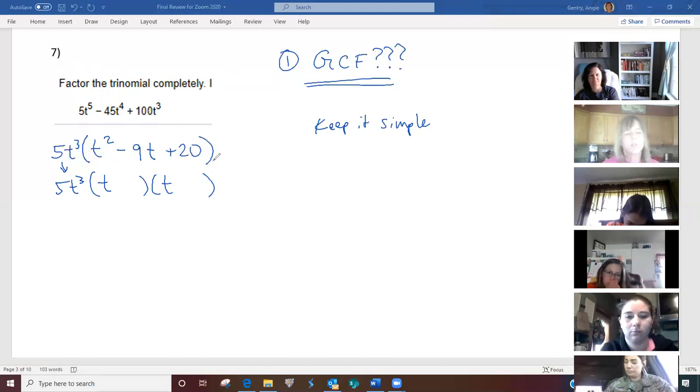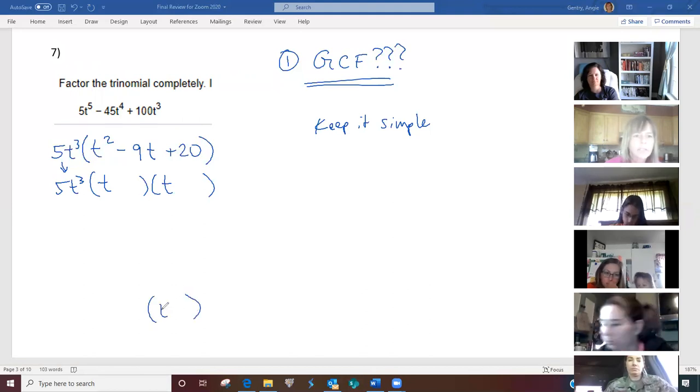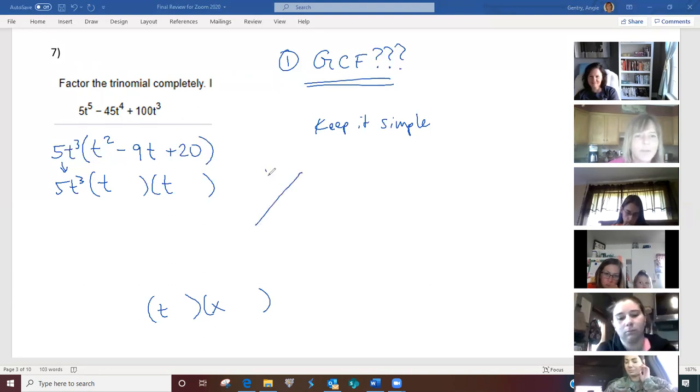And then on the test, you may want to double check your stuff. Also ask me to look over your exams. I don't understand why more people don't ask me. Some of you would do this perfectly and you accidentally have a T and an X. You get most of your points because you know what you're doing, but you accidentally wrote an X. This is so crazy that people don't ask me to check their work. Anyway,